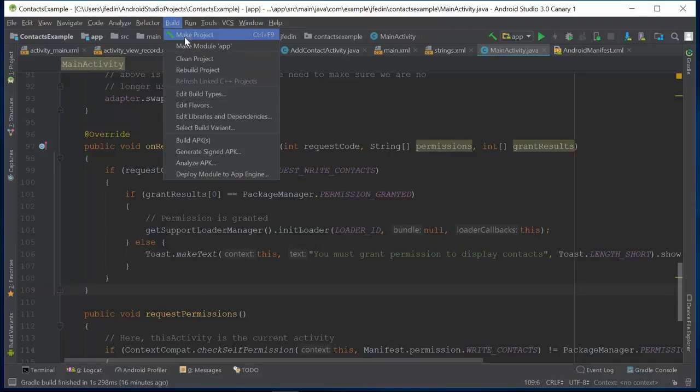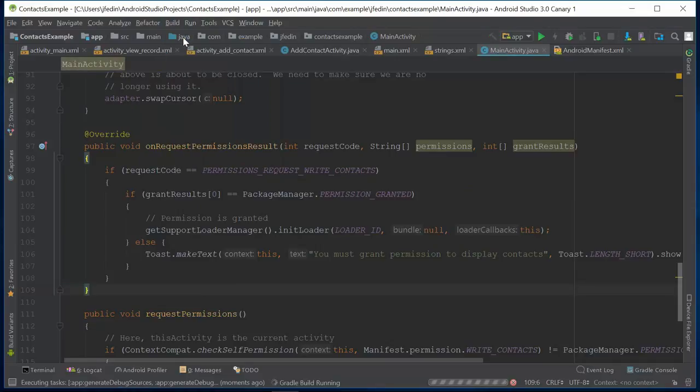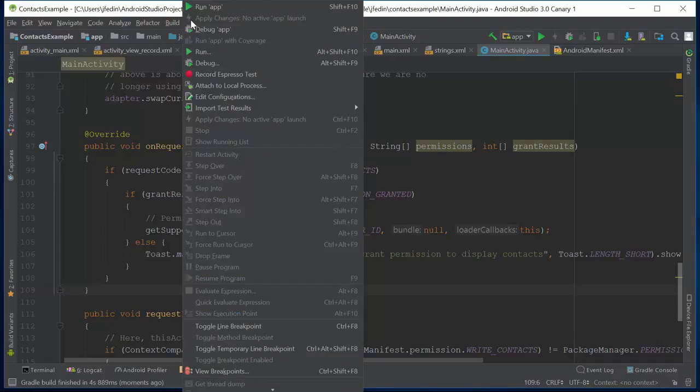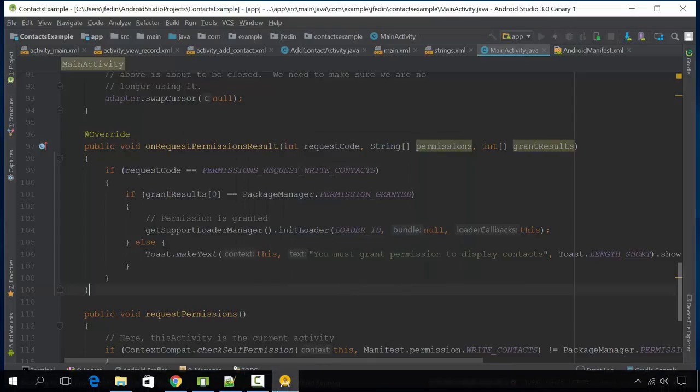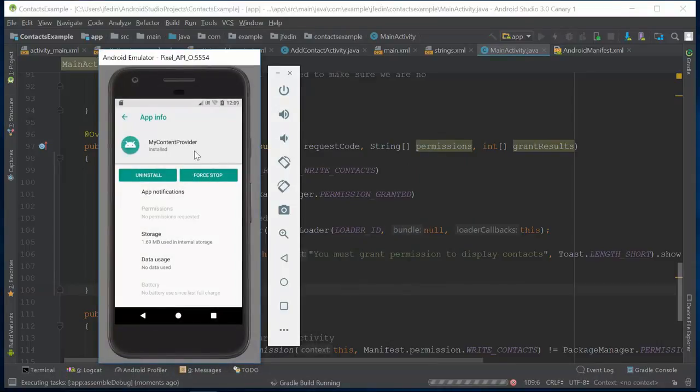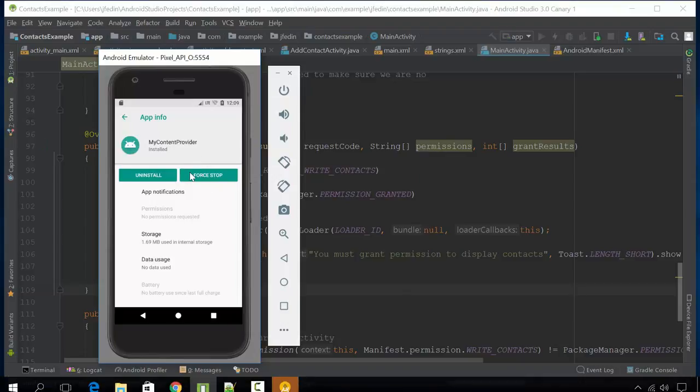So now we can build this and we can see if we're able to read contacts. Now, my emulator probably doesn't have any contacts loaded, so we might have to add some through the contacts app. If we had the insert working, we would be able to add them through our app, but we don't have that working yet. We're just trying to read our contacts from our contact provider. So here, we're going to start our application, and it's going to be empty because I don't think I have any contacts with